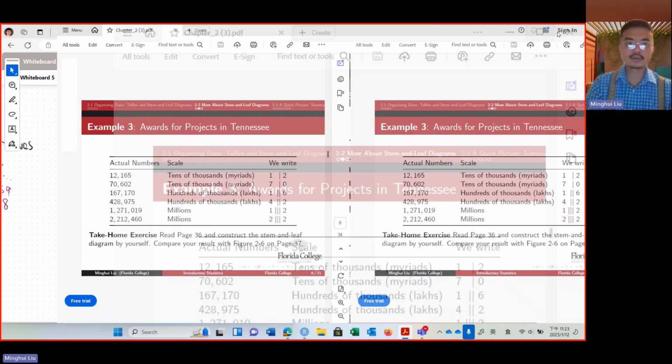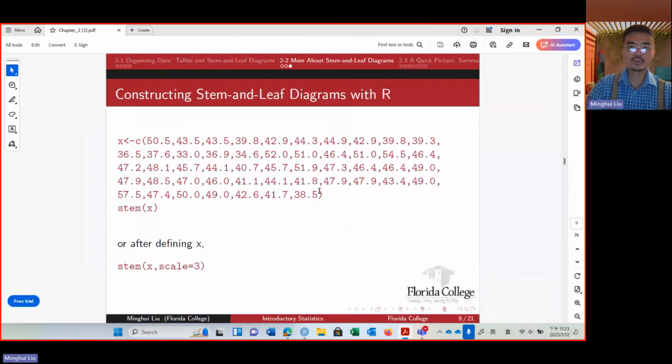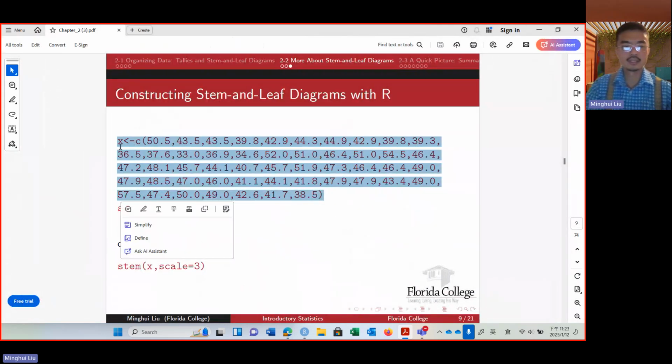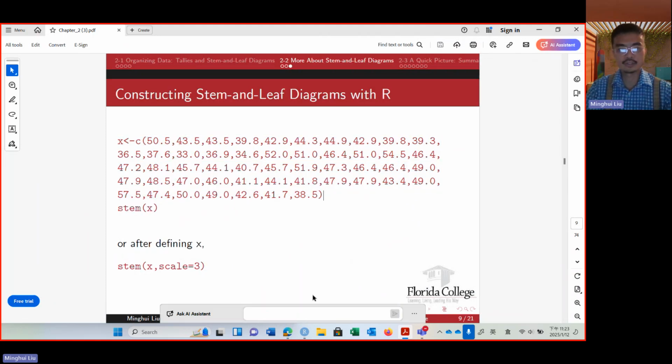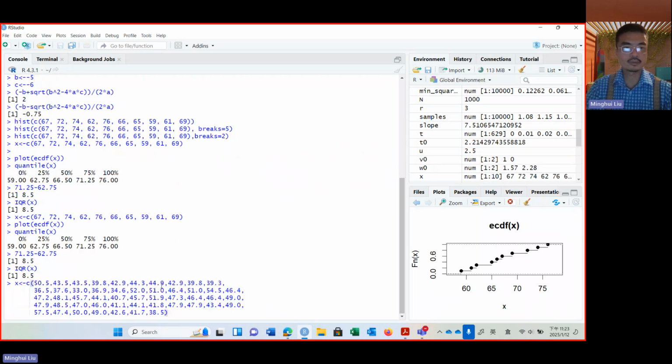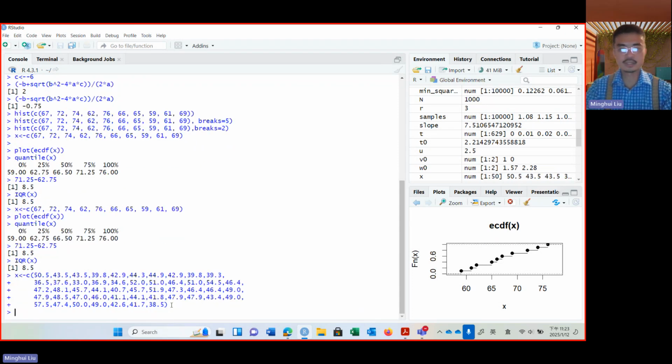And finally, let's introduce how these things can be done in R. Of course, to do it in R, you need to first define your data, and sometimes, unfortunately, you have to type in all the data points. Or if this data was stored in a spreadsheet, like a Microsoft Excel worksheet, there's a way to import it, but that's beyond the scope of this course. But for now, let's say you define this as X. So if you call X, this is the data point, and